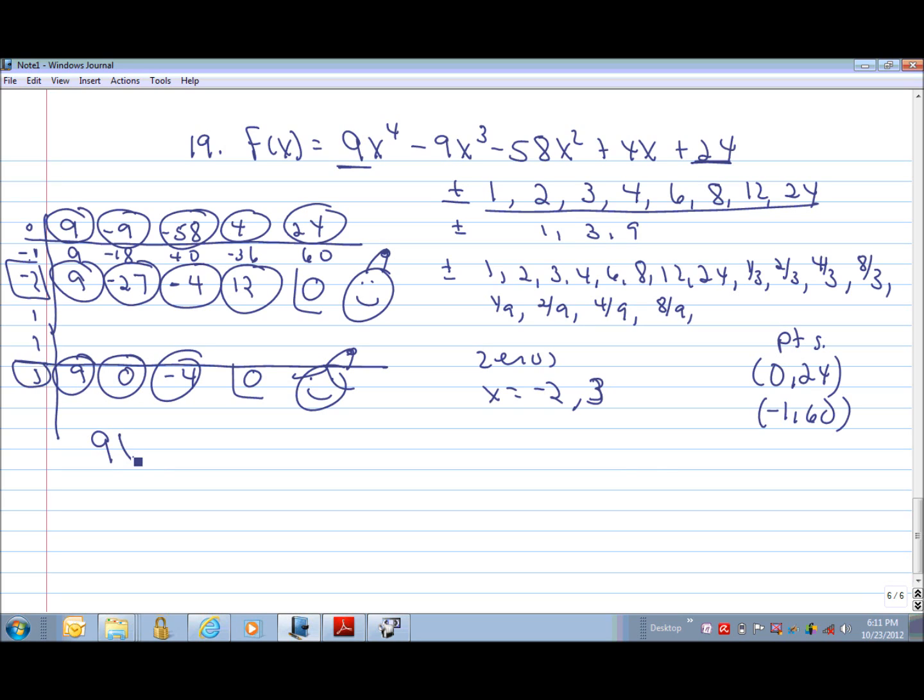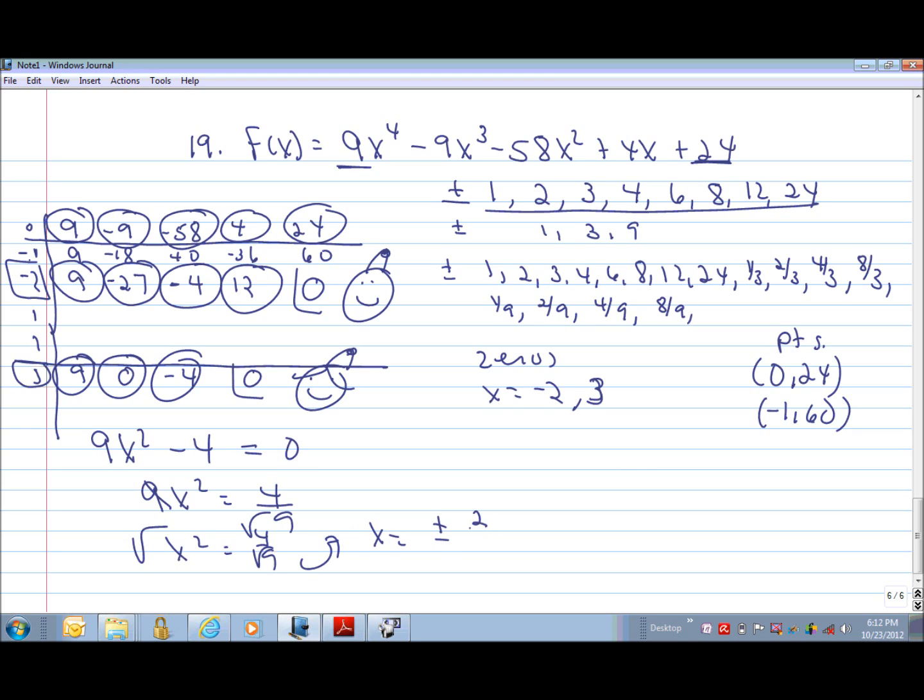So we would have 9x squared, 0x, minus 4 equals 0. And we can just solve this. This is kind of extracting a square root. We'd move the 4 over. We'd have 9x squared equals positive 4. We would divide by 9. We have x squared equals 4 over 9. And we would take the square root, the square root of the top and the bottom. So we would have x equals positive or negative